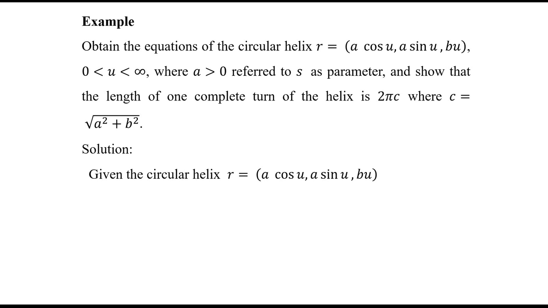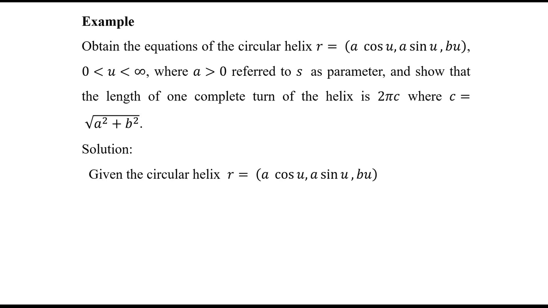So we take any circular helix and only going to find one complete turn. We know the circular helix, for example, simply the mosquito coil. It is the best example for the circular helix. Now we are going to find a single turn only. So the circular helix is given, so the equation of the circular helix, r vector, is given,